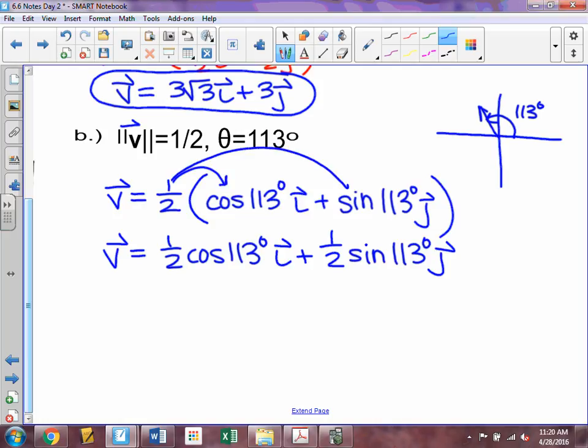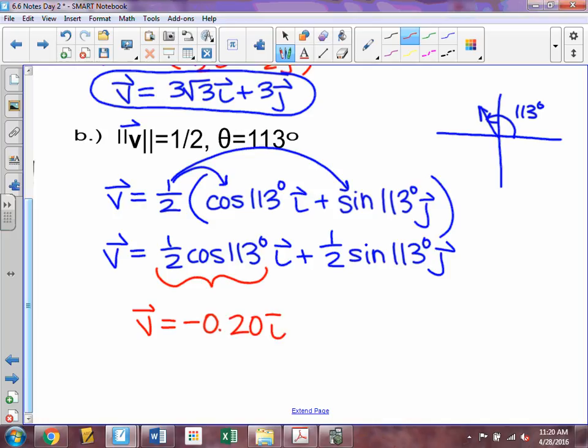We're going to distribute this, and then we're just going to use our calculator to type it in. So again, we should still be in degree mode. We haven't been in radian mode all chapter. We're going to type this into our calculator: 1/2 times the cosine of 113 degrees. And what do we get? Go to the nearest hundredth. Should be negative, right? 0.195. So to the nearest hundredth,